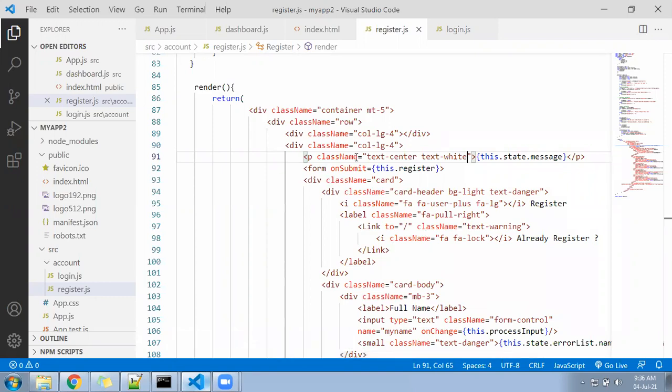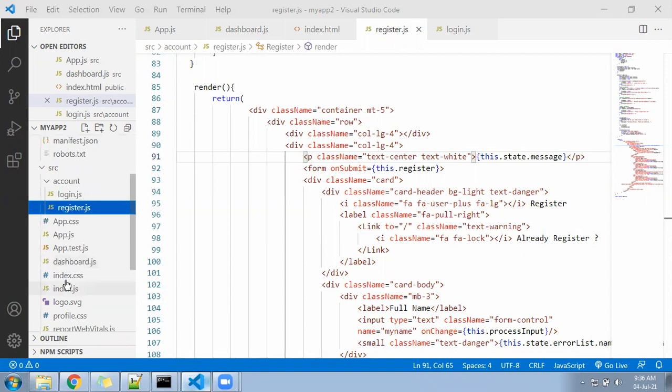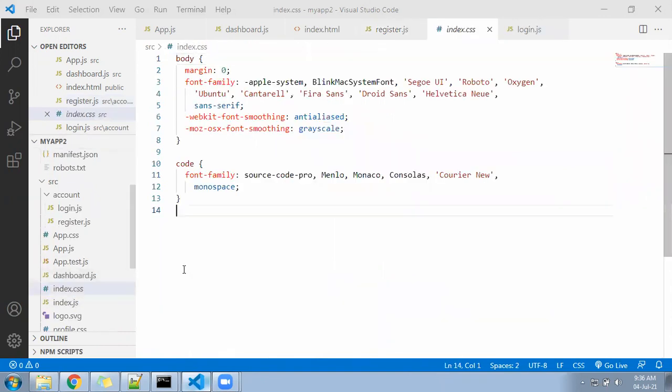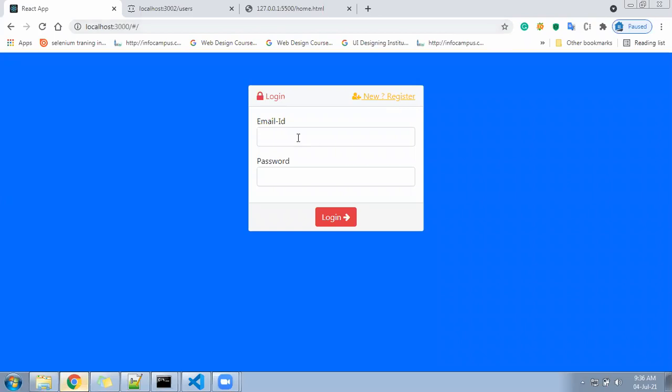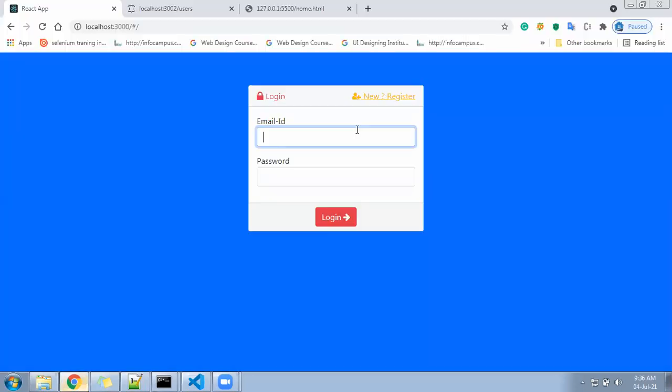How to use CSS in React: you have a file here, index.css. Go inside and write it. You can write CSS here, write the class in index.css, and you can call it here and it will work. Okay, so let's come back, go to the login. Understood what I told? There is a file called index.css. Inside, write the CSS ID and class. You can use it directly in your project, anywhere.